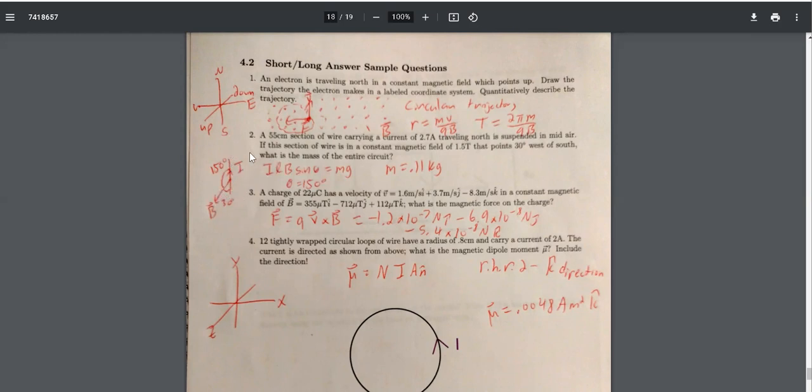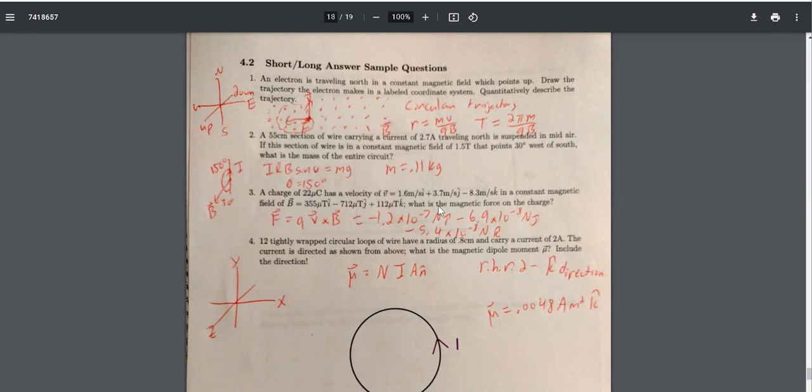Okay, now because it's suspended in midair, that means that this force exactly counters the force of gravity. So we can divide by the acceleration due to gravity and find the mass. So we know all these quantities now. So if you plug numbers in, this is what you get for the mass. Okay,